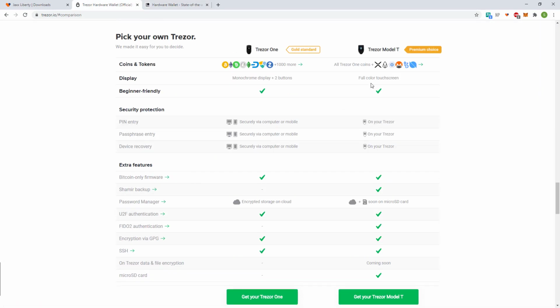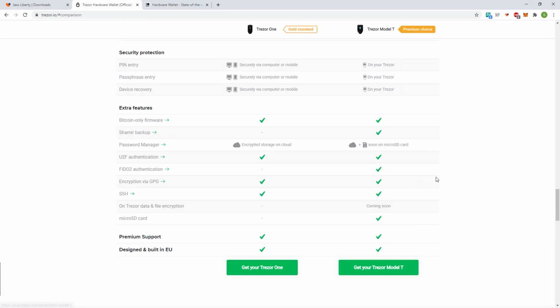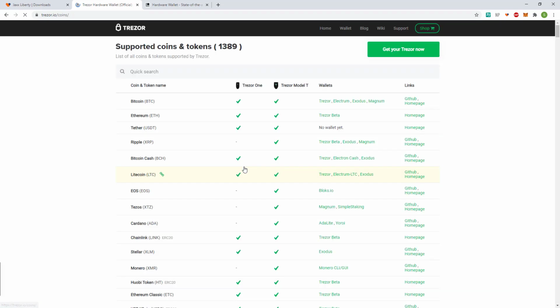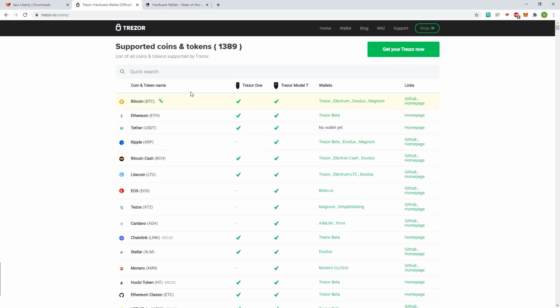If you want to get a Trezor, they have two standards. I like to just get the Model T. It's a bit more expensive, but it's just worth it for that extra security. And if you go over here, you can see how many cryptocurrencies you can store on there, and you can see there's literally thousands of cryptocurrencies that you can store on these little devices. And again, it works the same exact way as Jaxx does. If I open this up again, as you'll see,